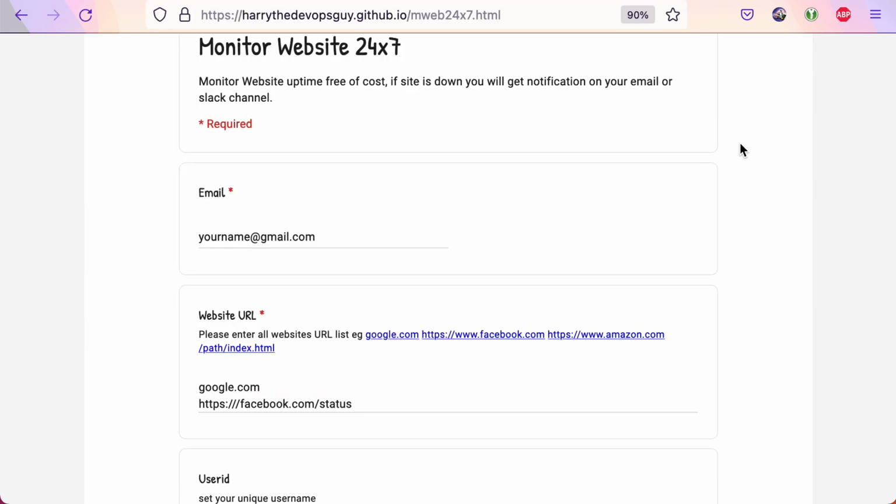If we talk about features, I already told you it's completely free, and it will check every 1 minute. Another thing: the duplicate email will be sent after 2 or 3 hours. But if your site goes down, it will notify you immediately.